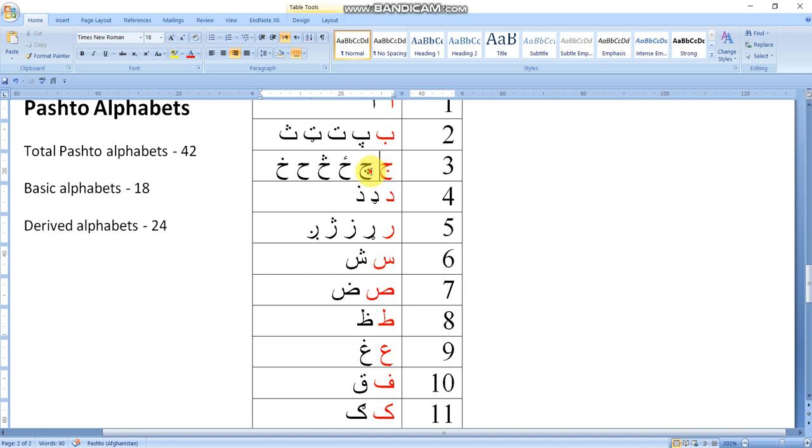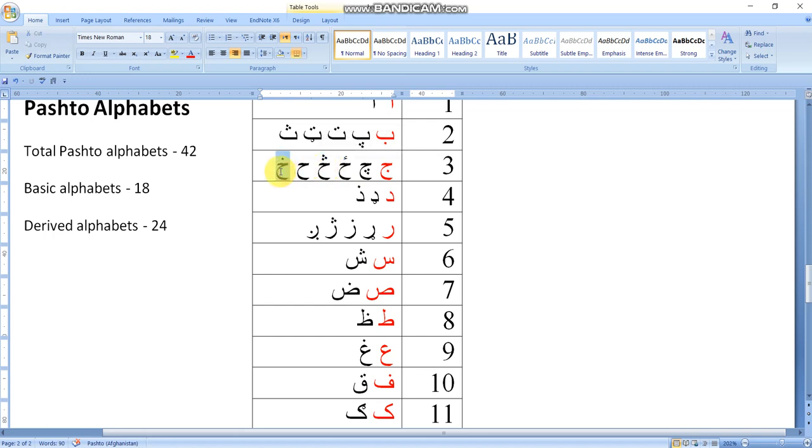In Chi there are 3 dots, and Z, there is Hamza on the upper side of Jim while eliminating the dot. Similarly, C, there are 3 dots on the upper side. He, there is no dot, and He, there is 1 dot on the upper side. So Jim, Chi, Ji, Z, C,